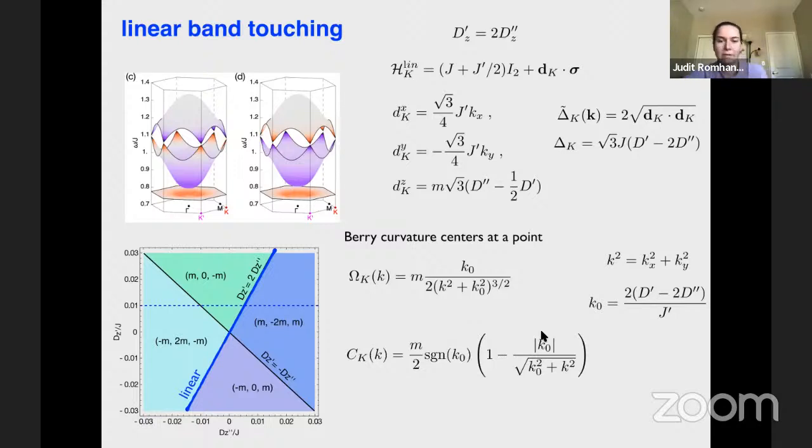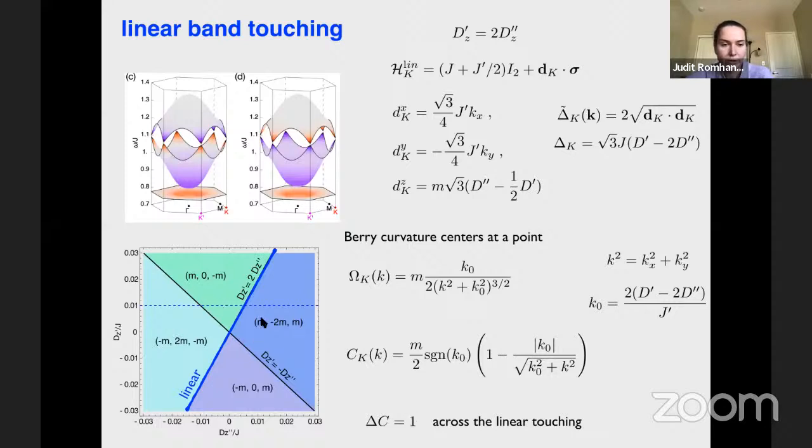And when we integrate this in the vicinity around the disk, in the vicinity of this K point, then the Chern number that comes from that part is going to be just this m/2, because this part is going to go to 0 as we approach this line, and then we just have either +1/2 or -1/2, depending on whether we are in the + or -1 triplet band, or whether we are on one side or the other side of this transition. So the change of this topological charge across this band touching is going to be 1,